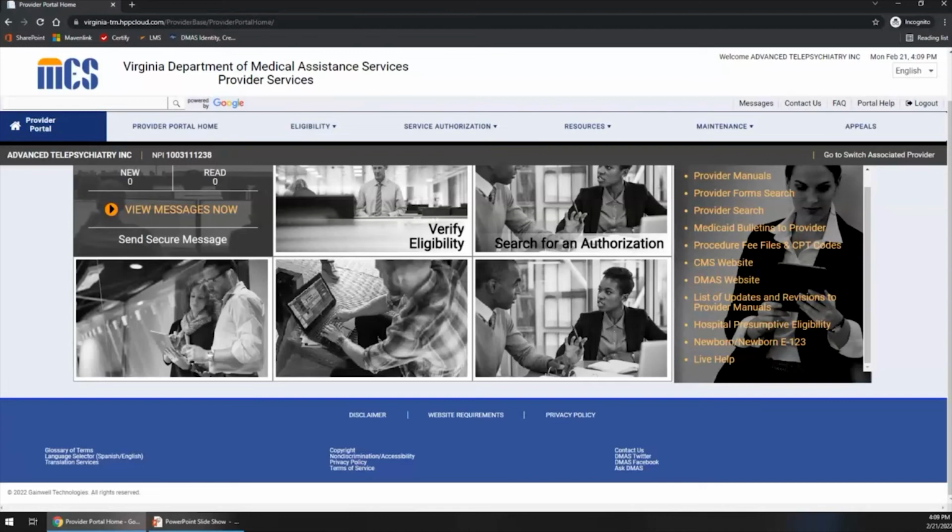I also want to point out there is a Resources link up here at the top. This module allows you to download documents related to maintaining your provider information, such as change request letters, remittance advice or RA notices, and revalidation notices. I also want to point out the logout function in the top right of the at-a-glance bar. And I want to remind you to log